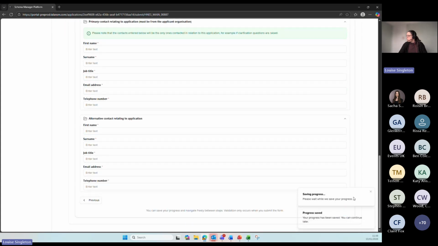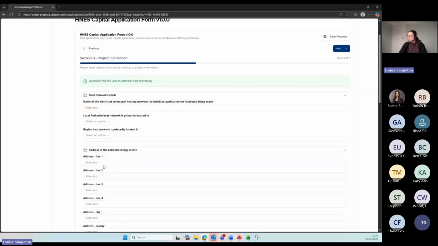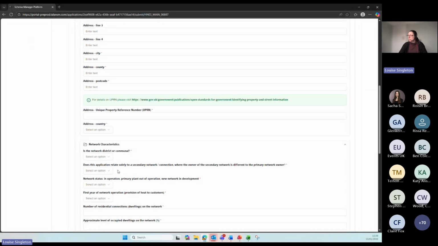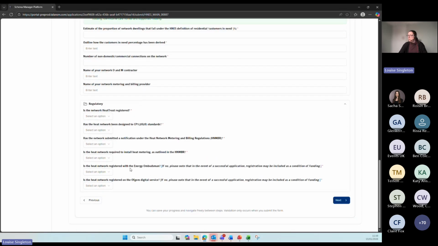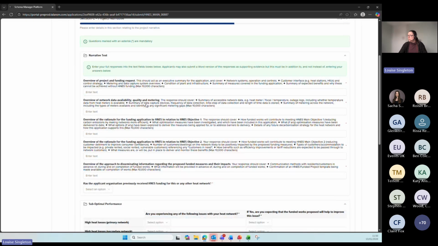You can skip through each of the sections. So you'll see here, there's these little red asterisks, which obviously mean that things are required fields before you submit, but you are able to skip through to the next section without having completed those red asterisk questions. That's so that you can have a look at all of the questions. You might need to go away and get some information to help you complete it. So we didn't want to restrict people from being able to see the whole form before they've